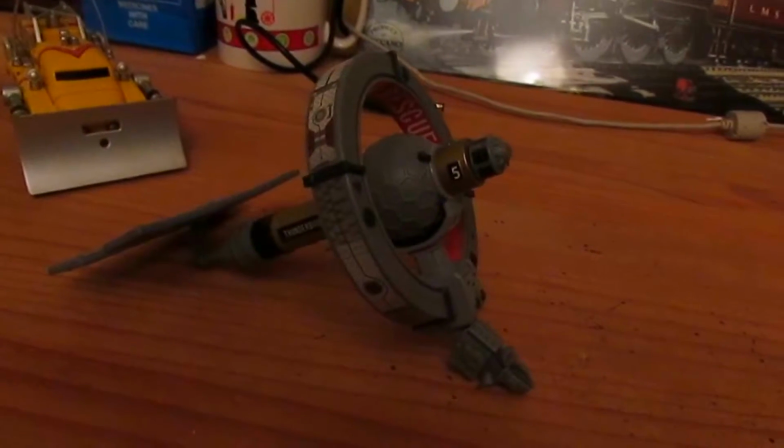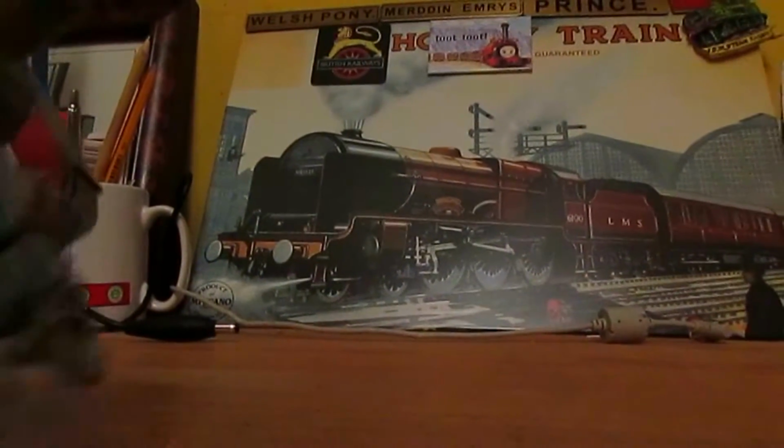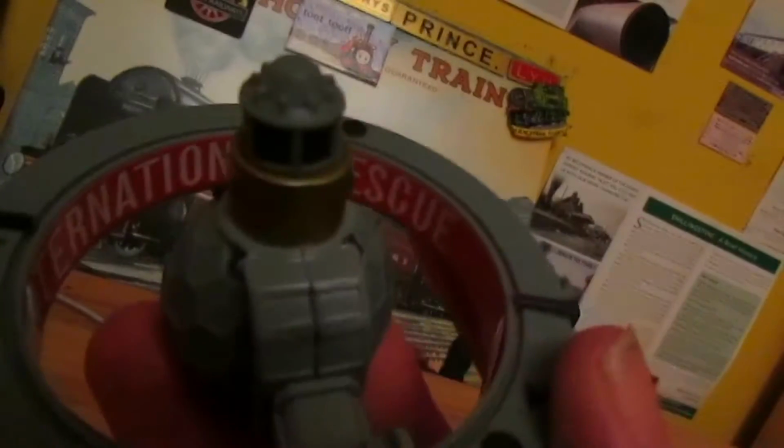This here is my third review on some Thunderbirds Are Go toys. First of all, we're starting off here with, just hold it up, the brand new Thunderbird 5. As you can see, of course, the brand new Thunderbird 5 is a very interesting design, much more like an actual space satellite compared to the original Thunderbird 5. You can see it has the words International Rescue there,